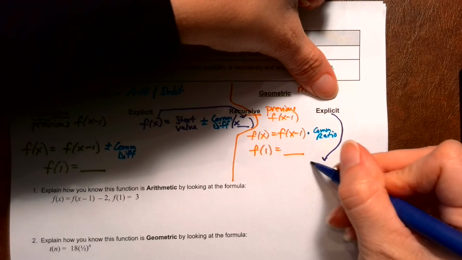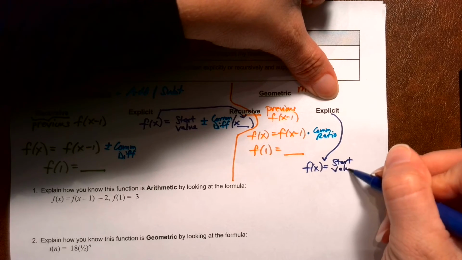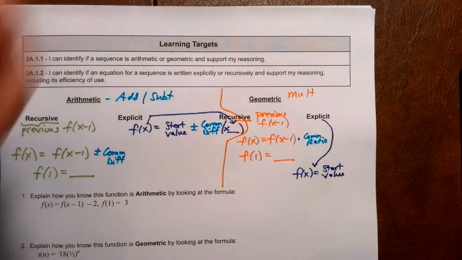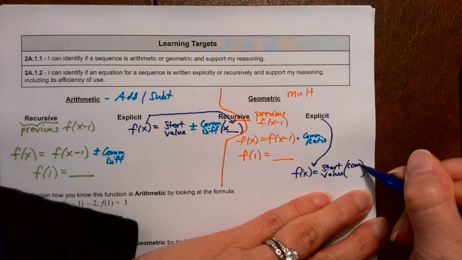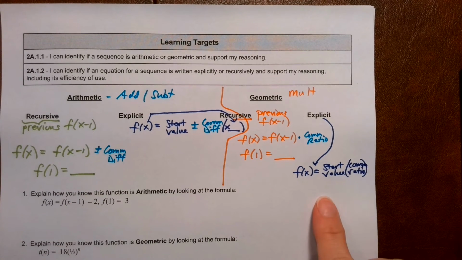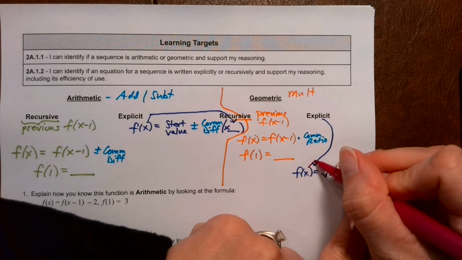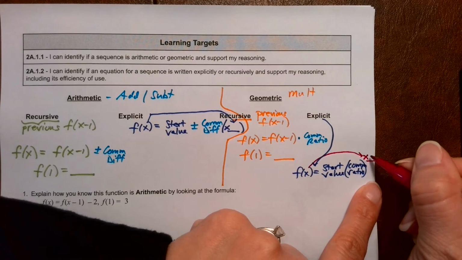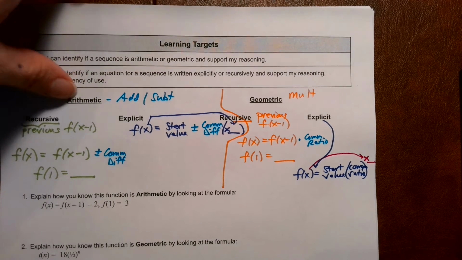What does the explicit formula look like? I'm going to put this down here. So f of x is going to have the starting value. Now, since it's geometric, you're going to be multiplying here by the common ratio. Because it's geometric, you have to have multiply. And then you're going to have a power, an exponent, and the exponent's going to be your input variable, x. But then it could be minus 5 to take it back to 0. So let's take a look at a couple examples and see if we can determine what type it is,